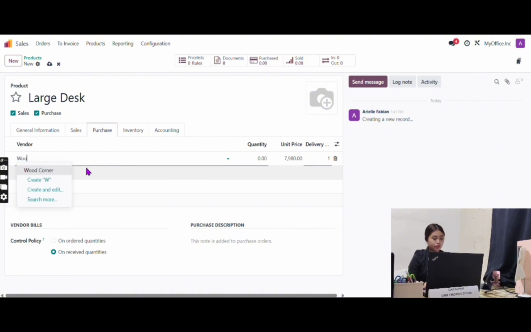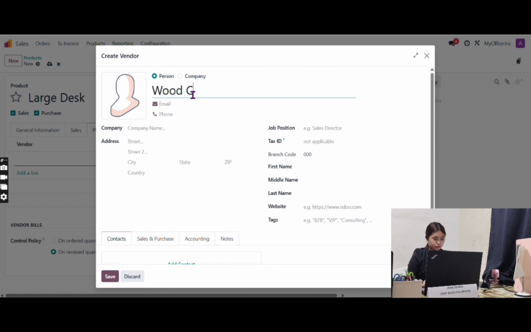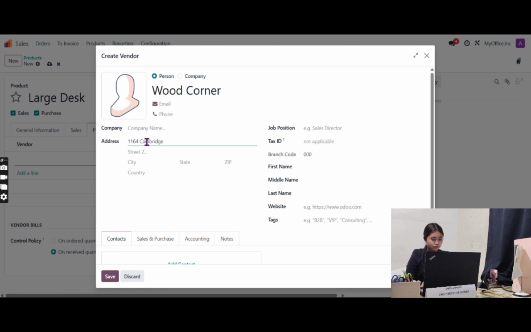And select or type Wood Corner. And type the address 1164 Cambridge Drive.